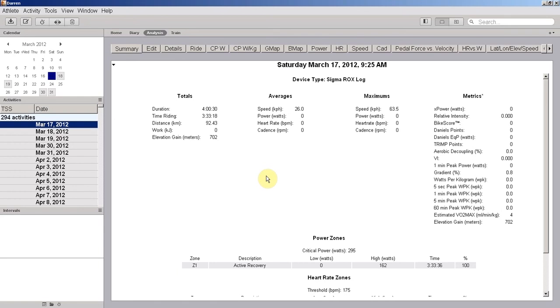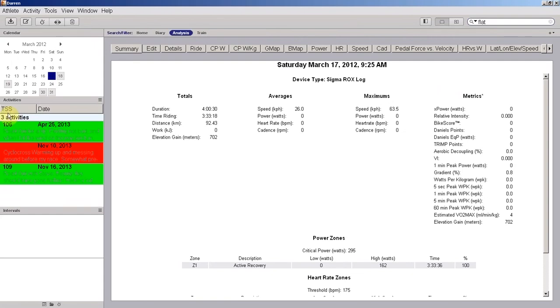You'll see that the search and filtering capability is now in the upper right hand corner of the screen, and by default you get a search box, and you can tell you're in search mode because there's a little magnifying glass and the word search there. The way search works is that it allows you to search for free text, and it searches anywhere in your activity notes. So for an example, if I type in the word flat and hit enter,